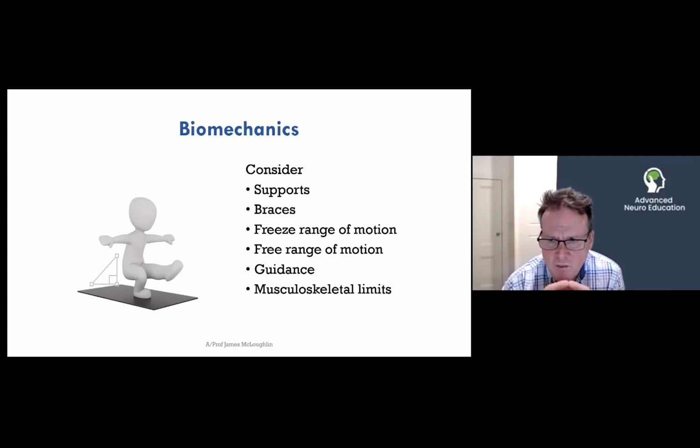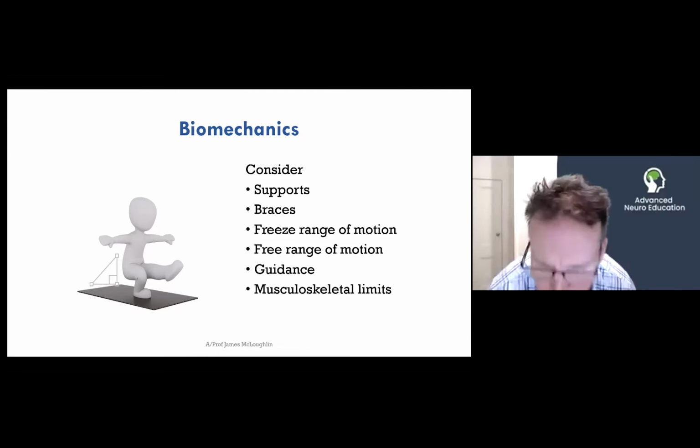Some of the movements we try and freeze up. We talk about freezing the range of movements to try and make things simple. We might try and keep your knee straight while you move your hip. We try and say, well, lock in your elbow while you're reaching forward. But then sometimes